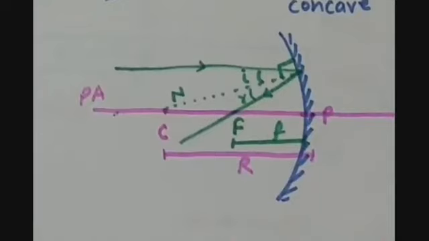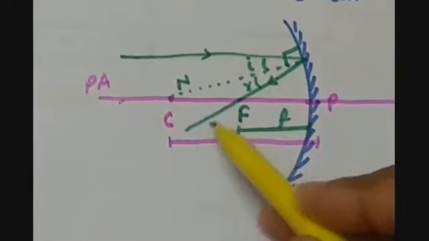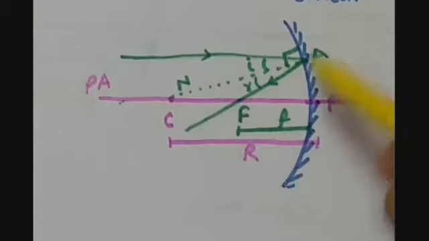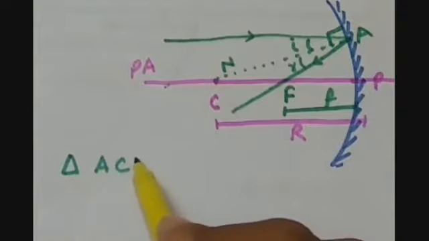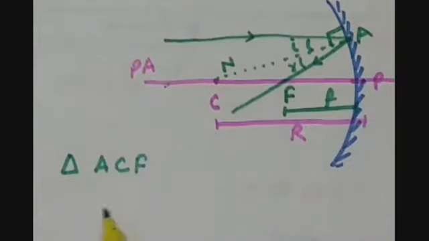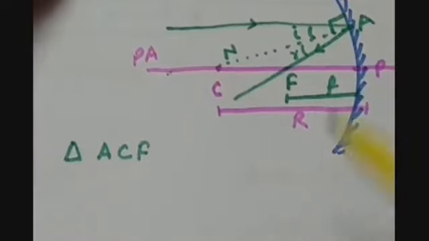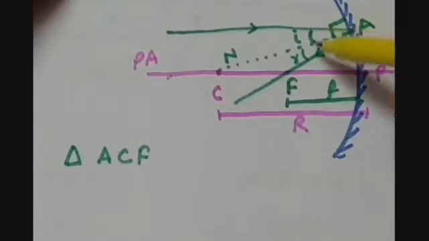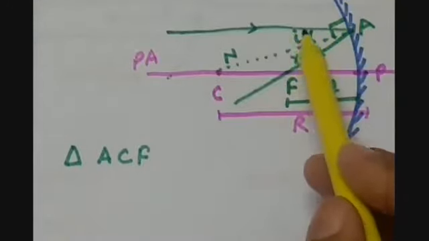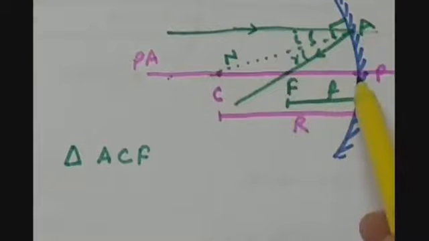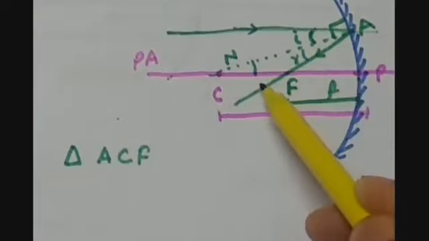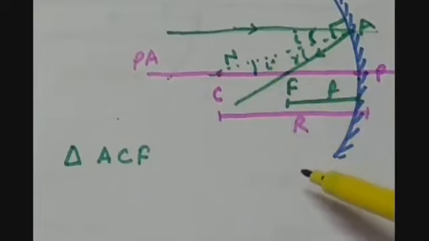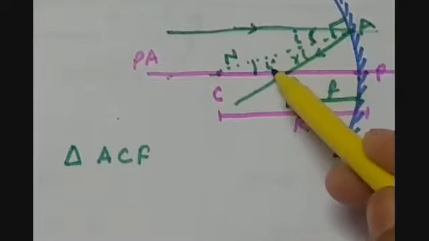So now what do we have? Let us take the triangle. Let us mark this point as A. So we have a triangle ACF. Here in this triangle, angle I, because this is not included in this, but you can understand that these are two parallel lines cut by one line. So this I will be equal to this angle because these are alternate angles. So now this becomes I.